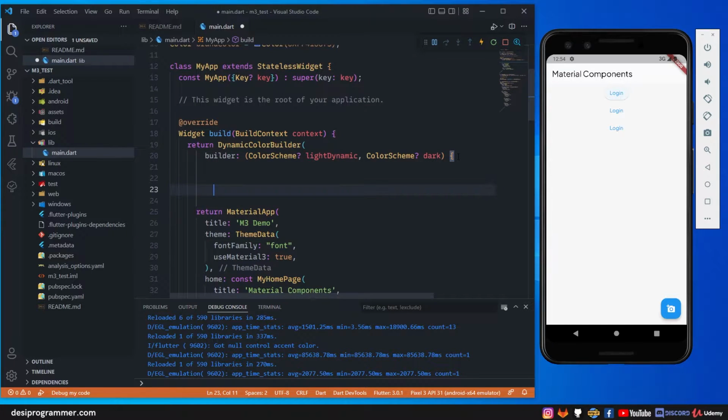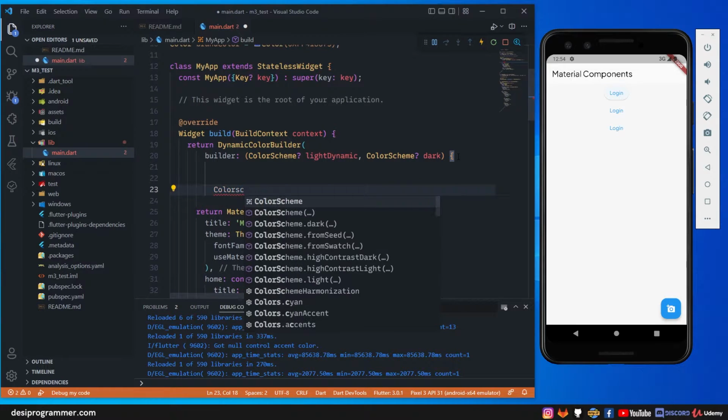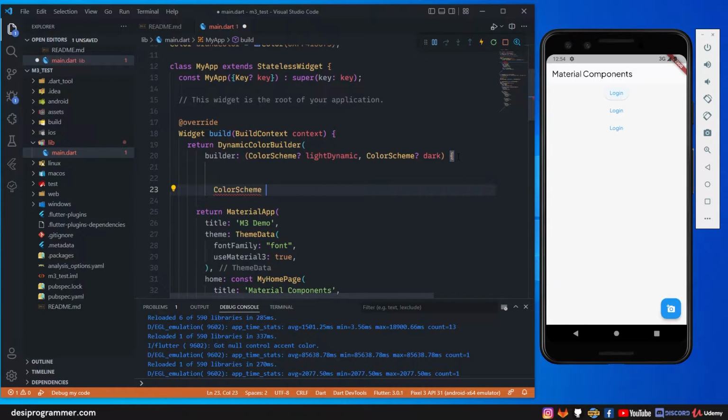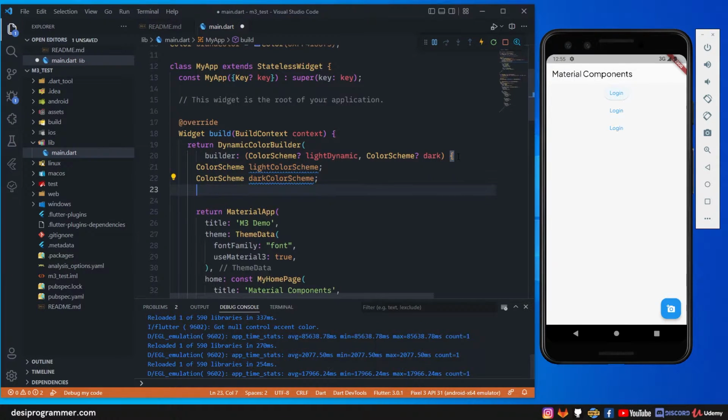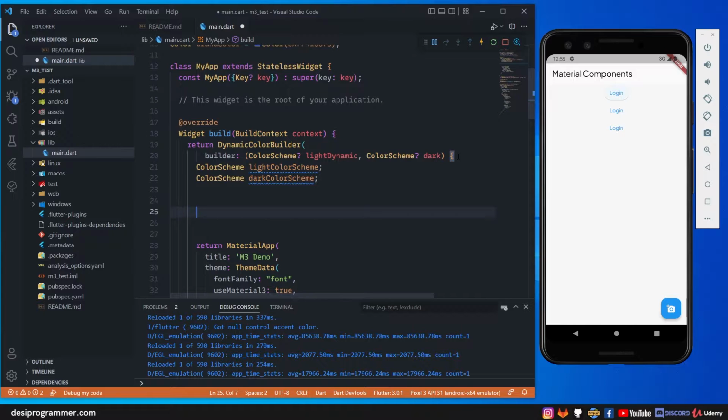So we are going to have a color scheme, let's say light color scheme. In the same way, we also have a dark color scheme. Now first we are going to check if the dynamic scheme that we got is null or not. So if light dynamic,